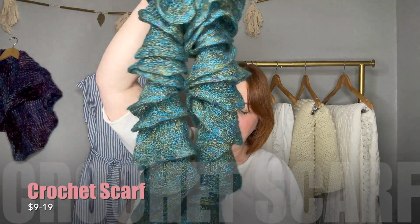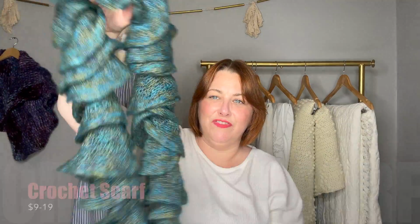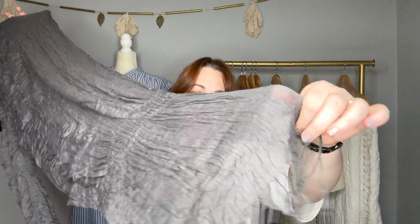Really pretty and very saleable blue-green. Blue-green always does well. Look at all that fun movement. As you can see, it is a gray extra long rectangle scarf, and it does have that tassel fringe, but it has a little bit of ruching,